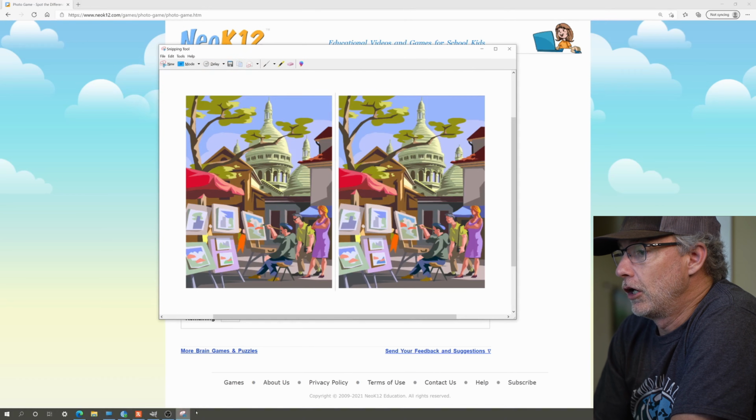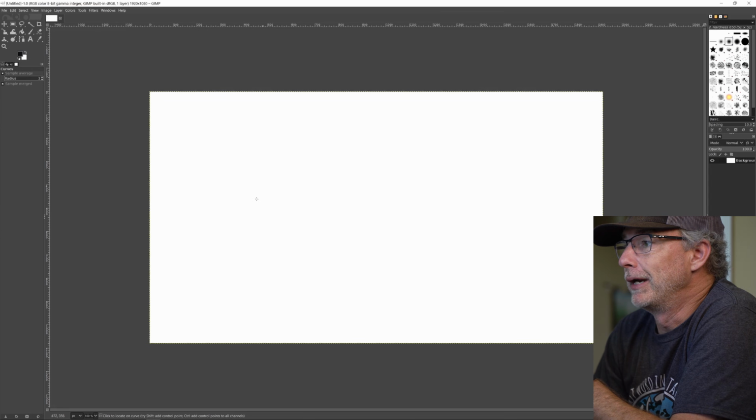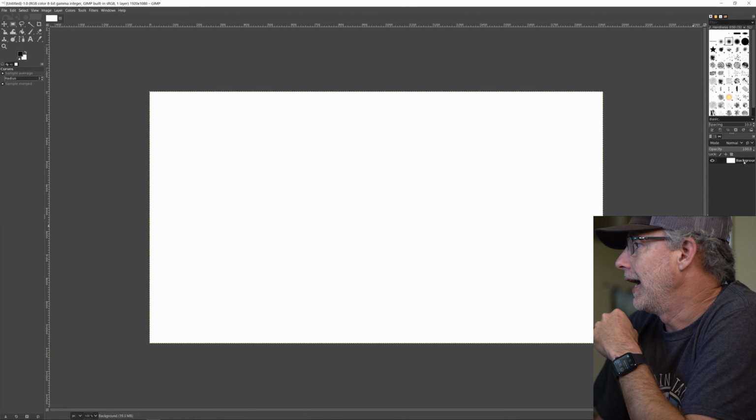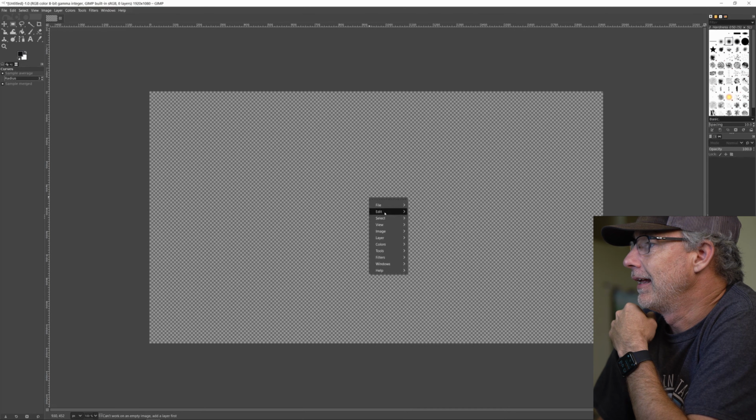And then I'm going to go into Gimp. Gimp is a free photo editing solution. It's kind of like Photoshop, but it's free and pretty awesome. I'm just going to create a new file. Doesn't even matter. Make sure it's big enough to hold your pictures. And I'm going to get rid of that background because I don't need it. Delete layer. And I'm just going to paste in the